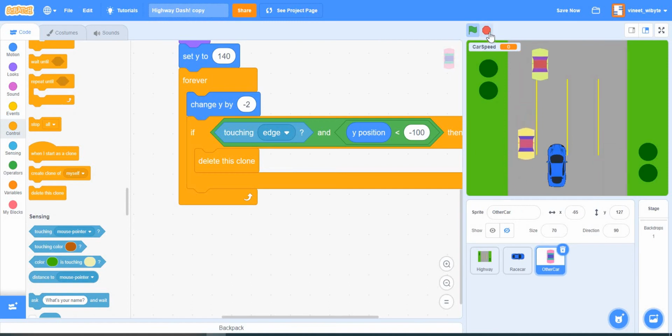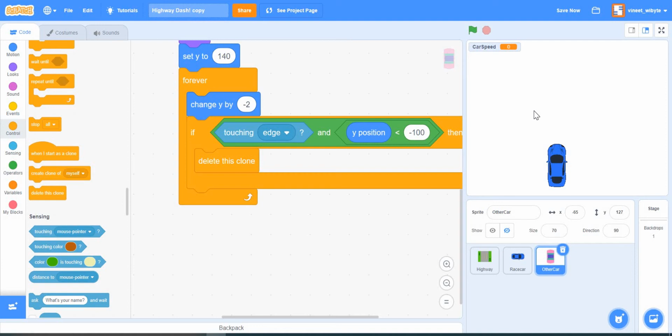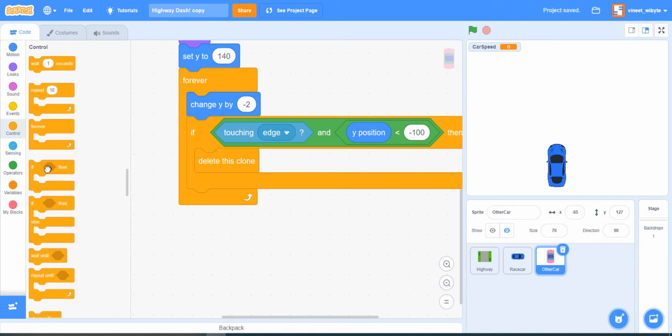So all I have to do now is give some code to detect an accident, and that part is simple, because I just have to figure out if I'm touching a car or not. So I'm going to put a separate condition here: control, if touching race car.